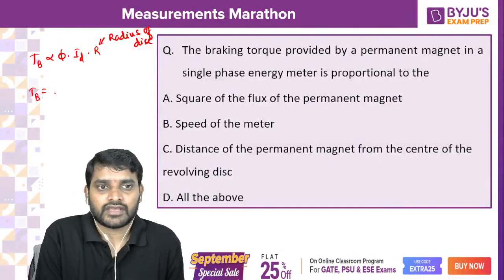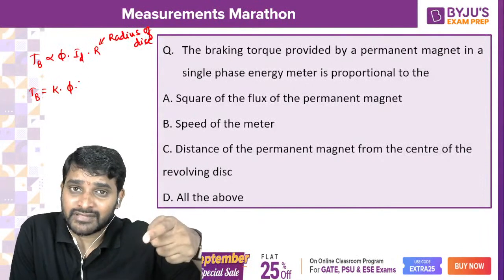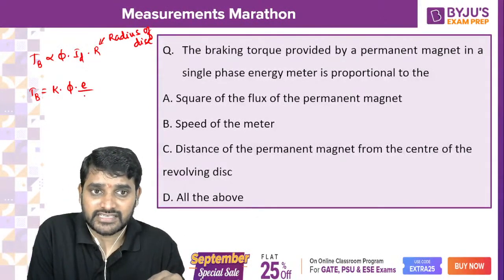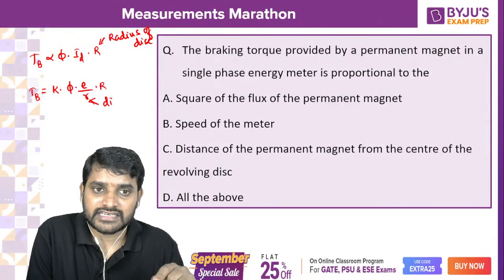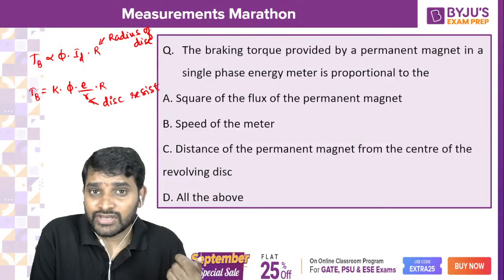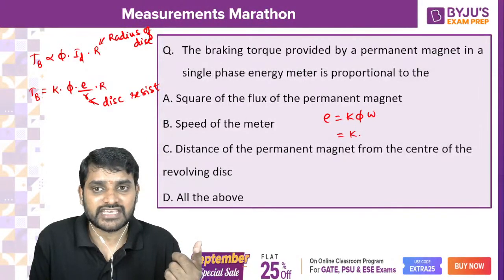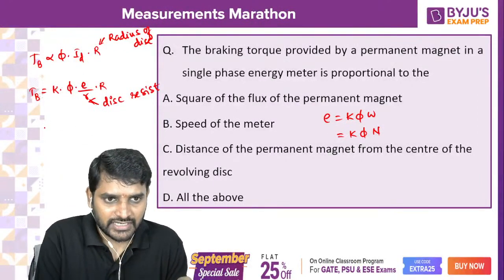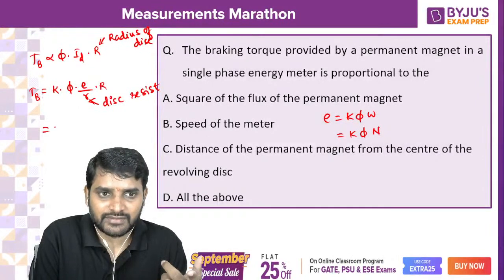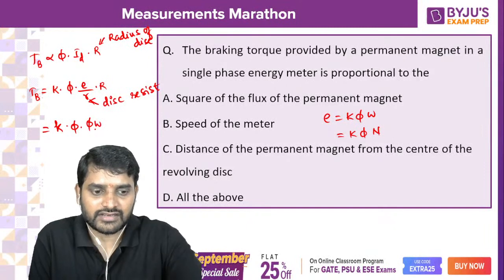Disk current can be written as disk EMF divided by disk resistance. Small r I am taking, this is the disk resistance. Now we know EMF: E is equal to K phi omega. You can write it as K into phi into N; omega anyhow is 2 pi by 60, so let's make it a constant. I am not writing K again. So simply I am mentioning it as K into phi into phi omega, or otherwise phi N